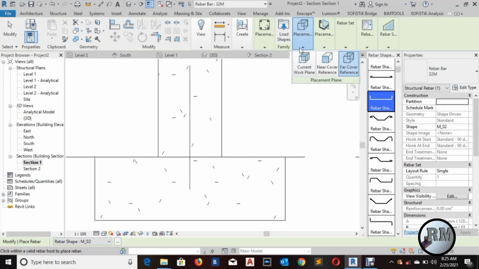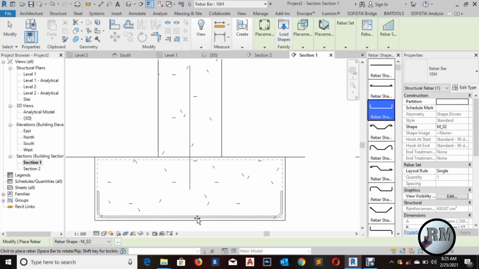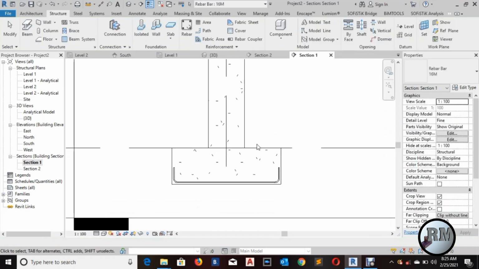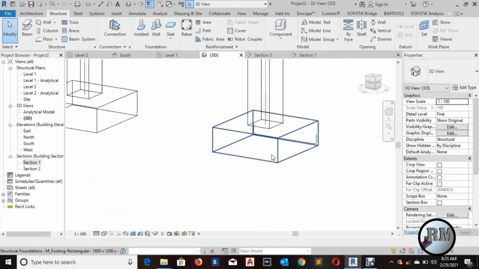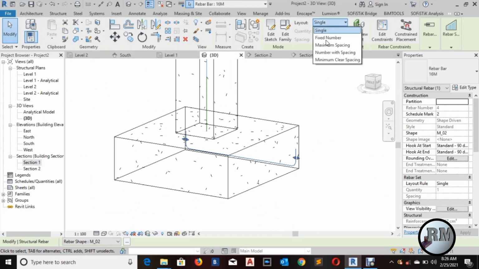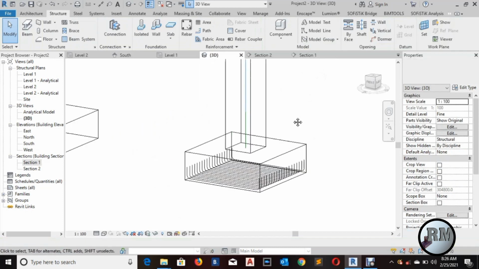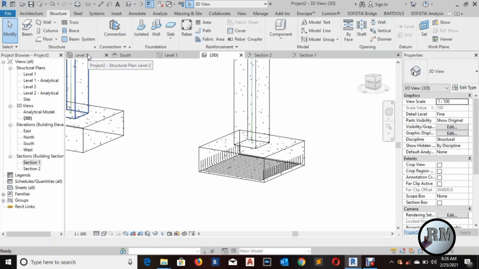Now for the placement plane, we can just go with far cover reference, and for the placement orientation we can still go with parallel to work plane and place our rebars. Let's just change it from 32 to 16, and we can place our rebars like this. Now you can go to the 3D section and select our rebar, go to layout, change it from single to maximum spacing, and I think it's fine at 100 mm spacing. Now go to level 2,